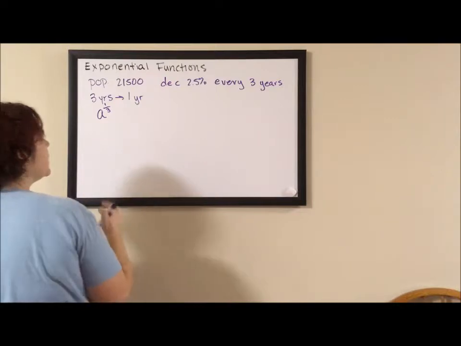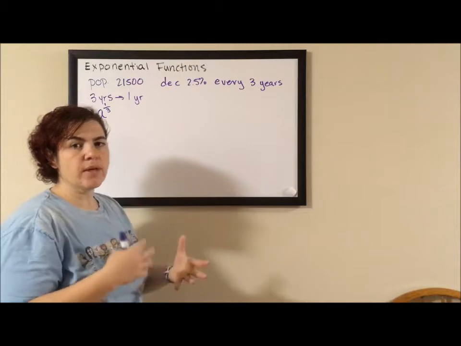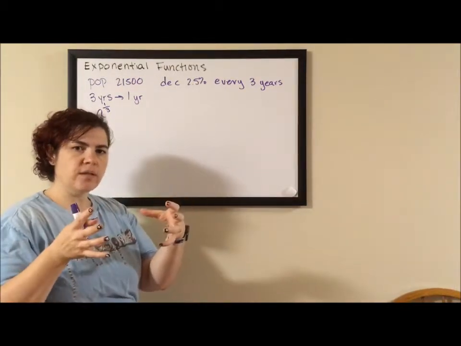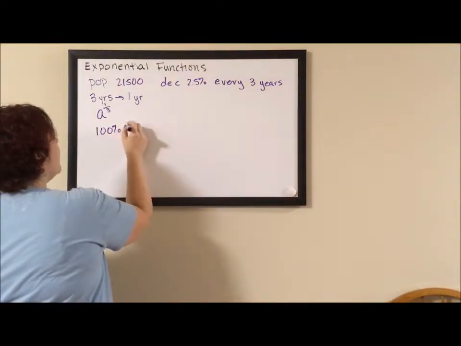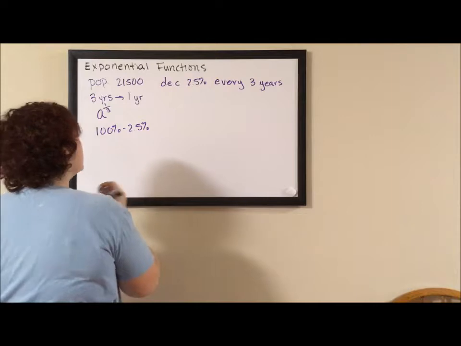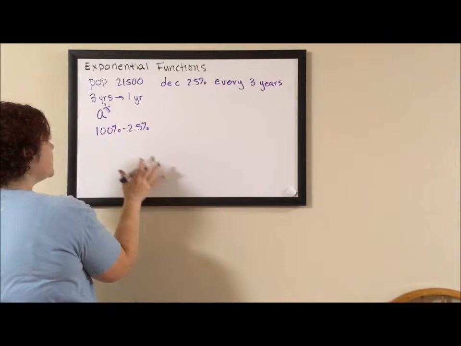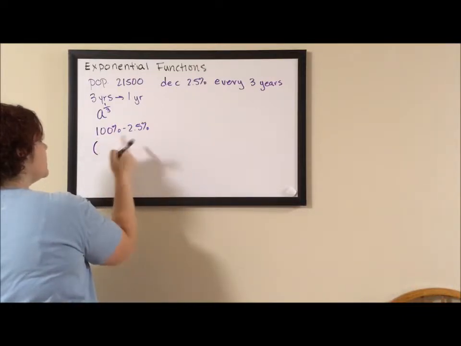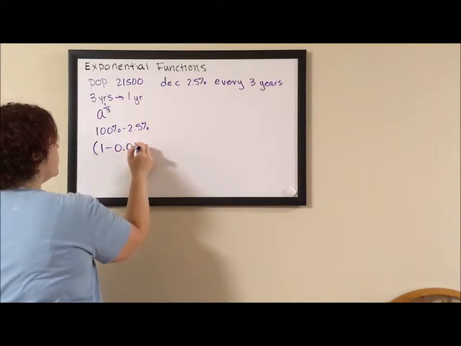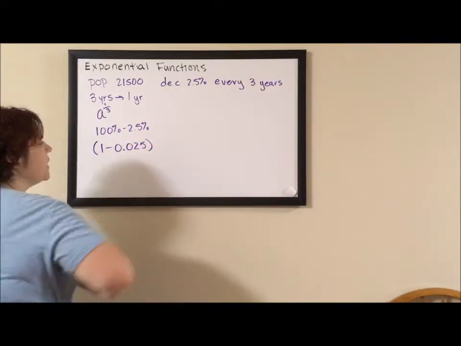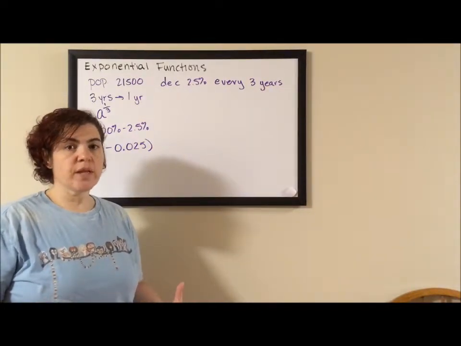Well, my multiplication factor is this decreasing by 2.5%. If I'm decreasing by 2.5%, I'm taking 100% and subtracting 2.5%. The way we are going to write this, I'm not going to actually do the subtraction yet. We take each of these numbers as a decimal, so 1 minus 0.025. This would be the multiplication factor for 3 years, but what we're looking for is the multiplication factor for